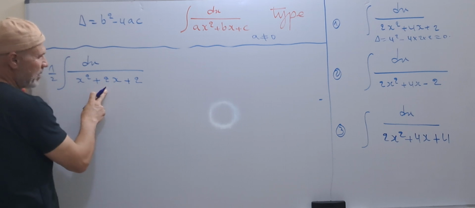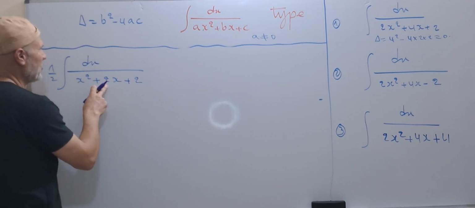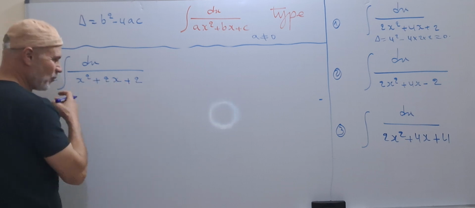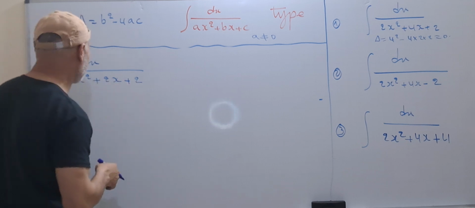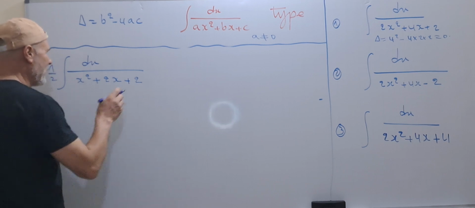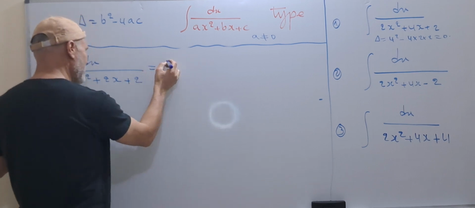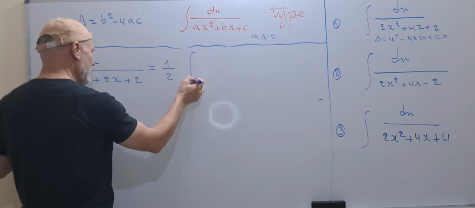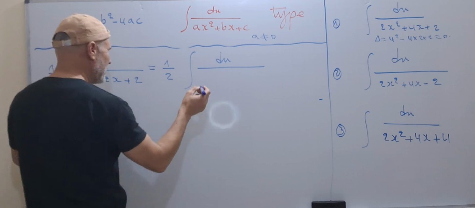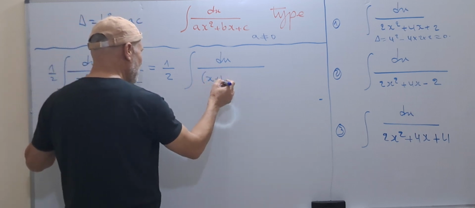Delta is less than 0. We have 2 square 4 minus 8, minus 4, which means that it is less than 0. So once again, this is equal to 1 over 2 the integral dx over, here we have x plus 1